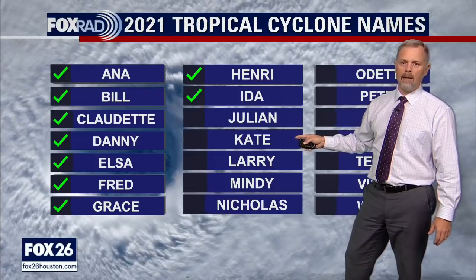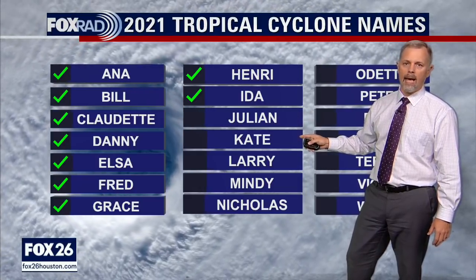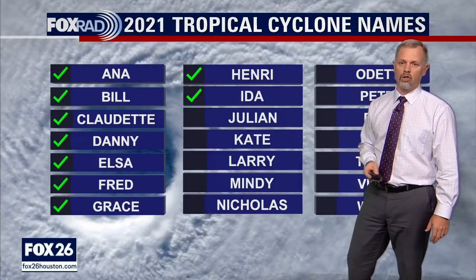The next two names on this list are Julian and Kate, and I think these are going to get checked off pretty quick, as a matter of fact. We have a tropical depression already in the Atlantic. This is Tropical Depression 10. Of course, we're not talking about it very much right now, mainly because it is expected to stay in the Atlantic. I've got a few of the models on here for us, but it should become a tropical storm,